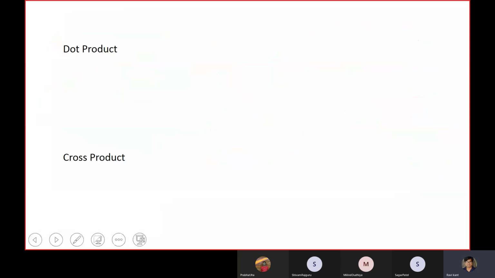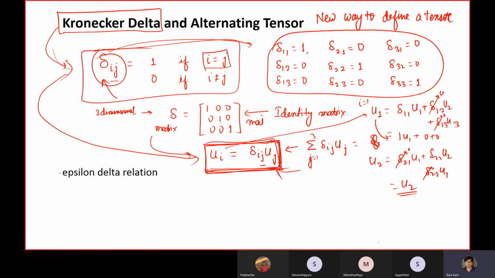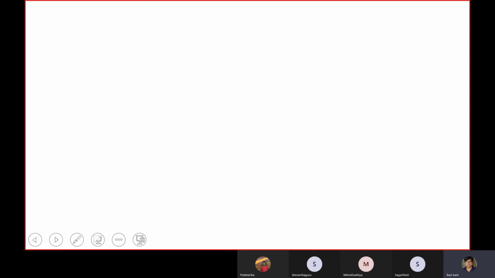Okay, another relation I want to talk about is something called the epsilon delta relation. So delta ij is one way to define tensor algebra. There is another object that can also help us to write alternatively the tensor notations,